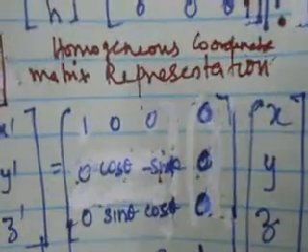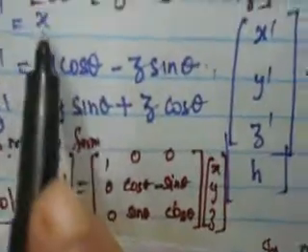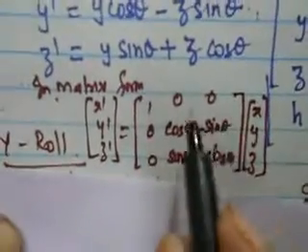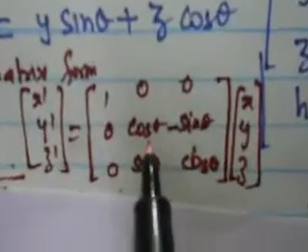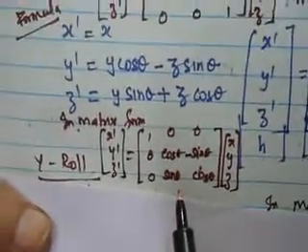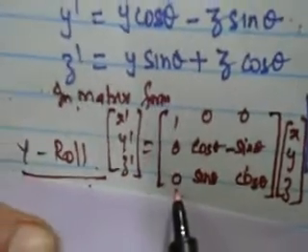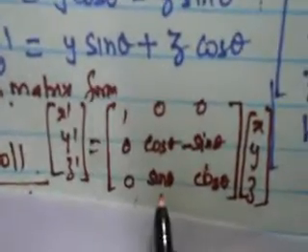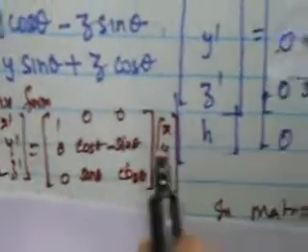So we have to convert it into the matrix form. See here x dash, y dash, z dash we have written here. Along with that, see here x alone is 1, and the remaining things we substitute as 0. For y dash, here x is 0, y cos theta, so cos theta, minus z sin theta, so minus sin theta. For z dash, x place we have set to 0, y sin theta, so sin theta, z cos theta, and z we have written here. This is the matrix form of 3D rotation with respect to the x axis.